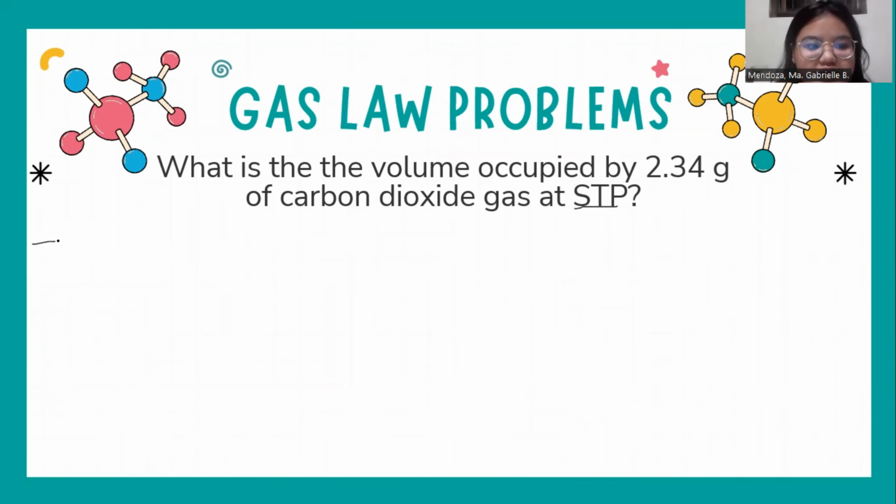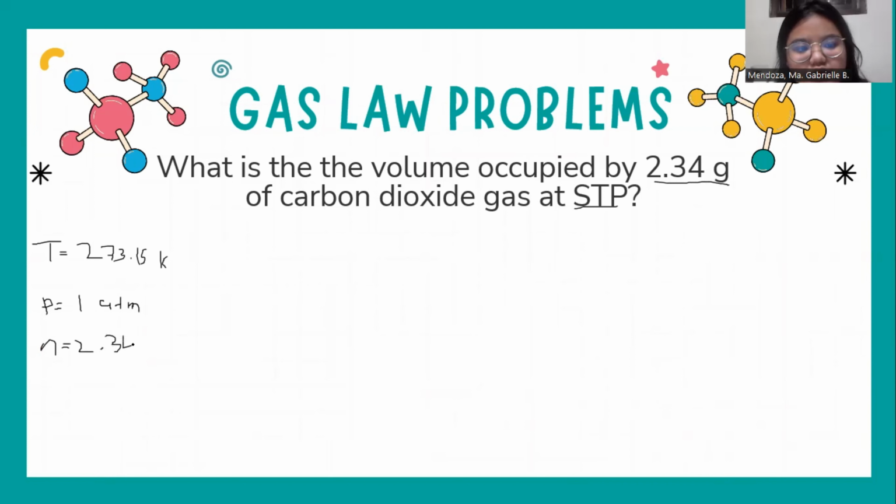So the temperature is 273.15 K, and the pressure is equivalent to 1 atm, and you're also given the number of moles, small n, which is equivalent to 2.34 grams of